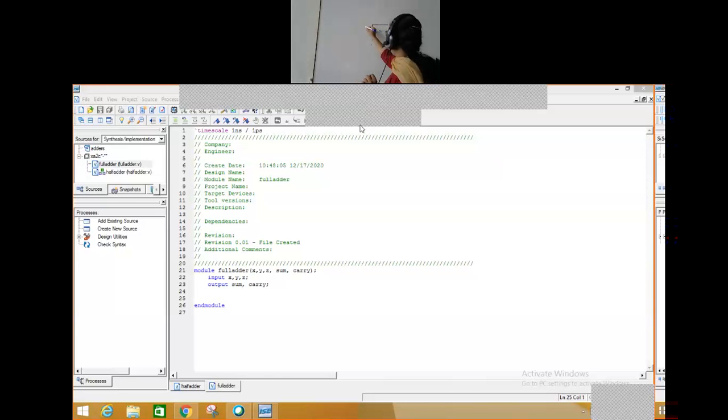So what's the name I have given to this half adder? It is A, B, sum and carry, right? Now I need to take two components of this half adder.